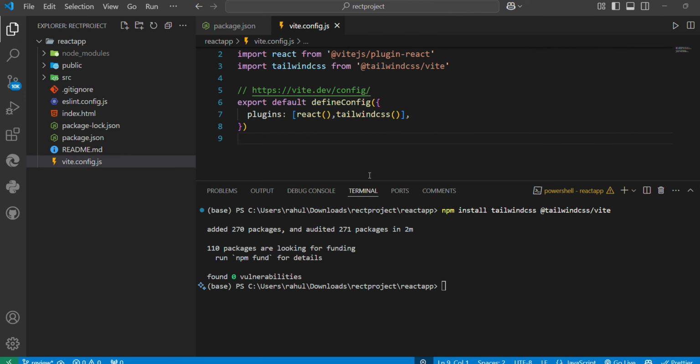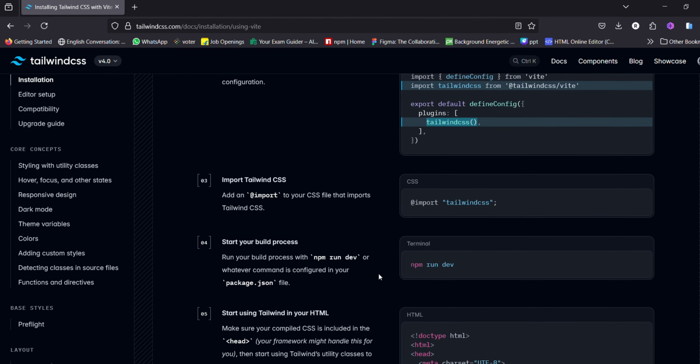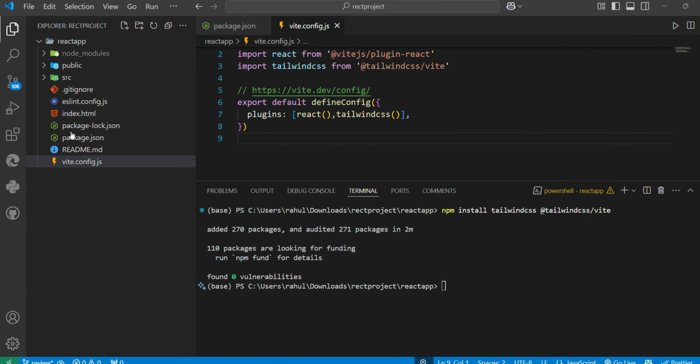Let's go once again to the Tailwind CSS documentation and follow step 3. Step 3, what is it saying? It's saying import Tailwind CSS in your style file. So copy this, import Tailwind CSS and go back to Visual Studio Code and find where your style files are.